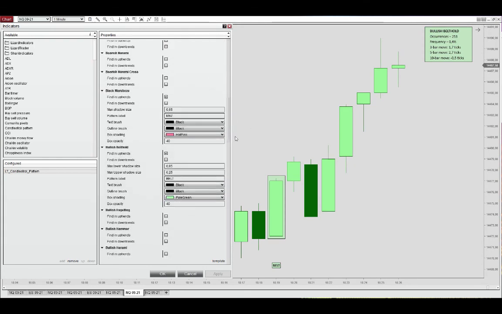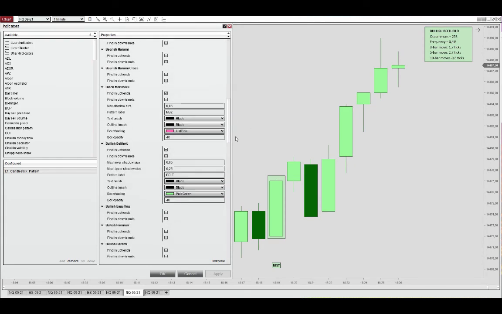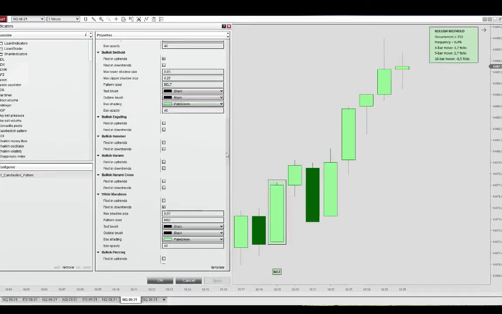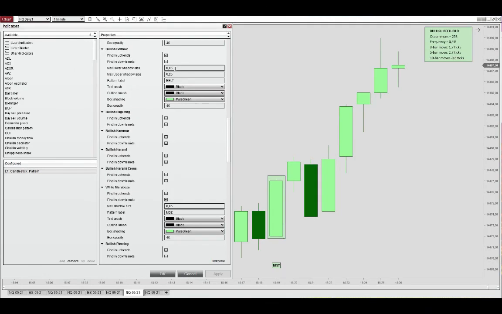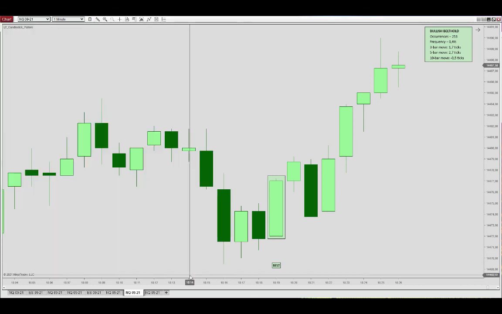You also have the option to define the wick sizes here. So we have for the Bullish Belthold a very, very small lower shadow size allowed here, and then the maximum upper size. So if you dial this up or back, then you will allow more or less patterns to be identified. All right, so with that, I think we will conclude the